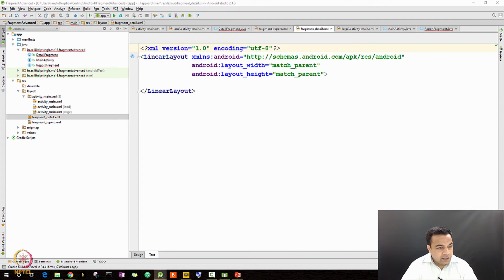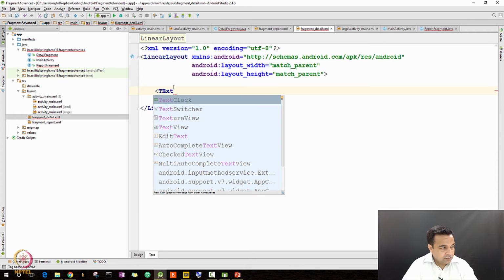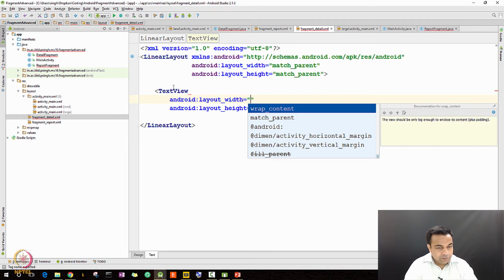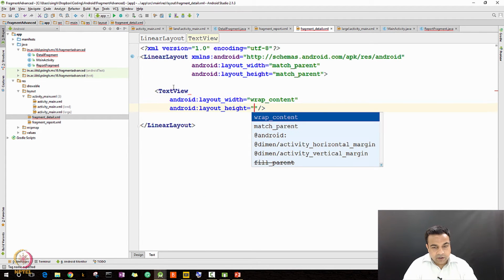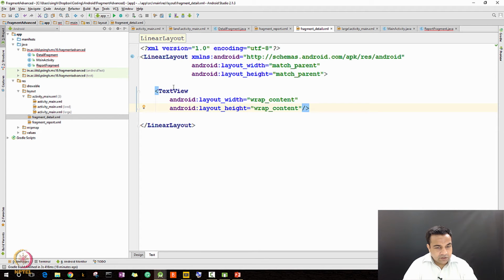Fragment underscore detail, match parent. I'll just add a text view where I will just display a text so that we can see the text here. So text view, width wrap content, height, maybe wrap content, that's sufficient,